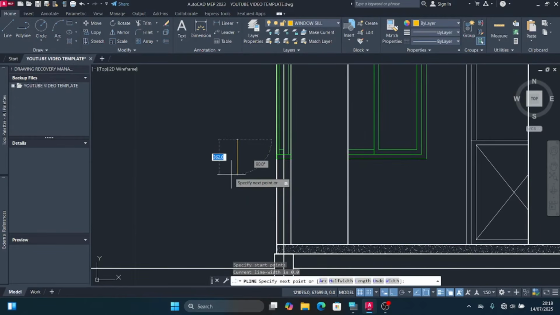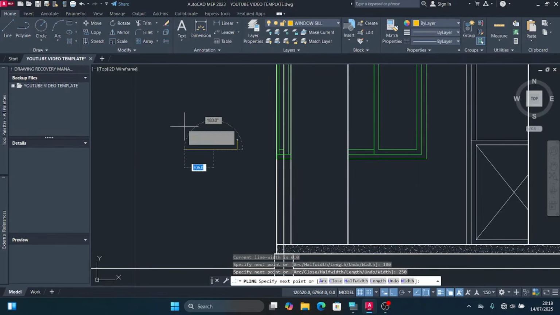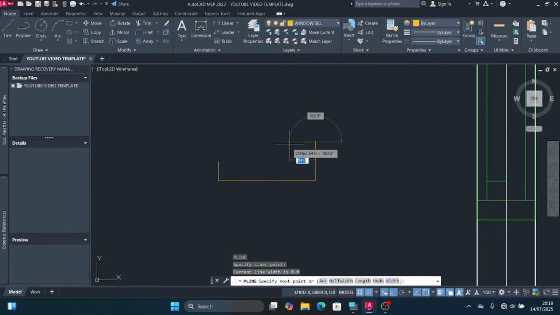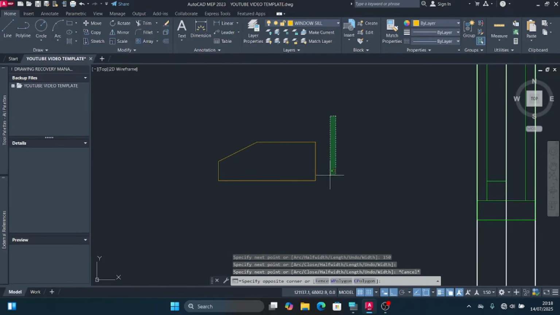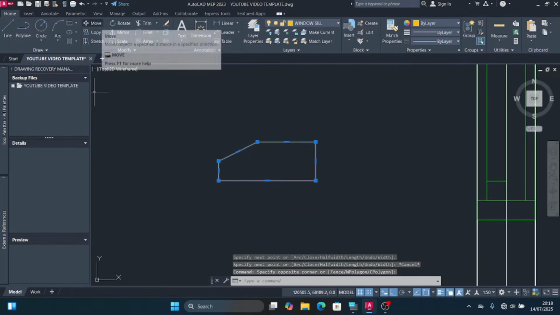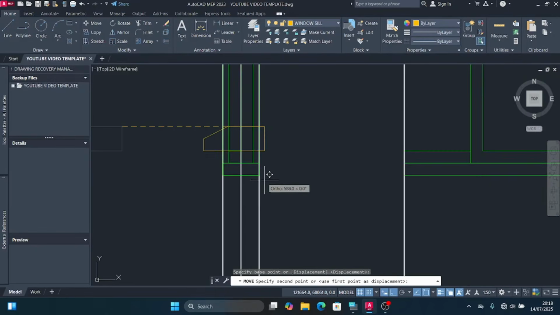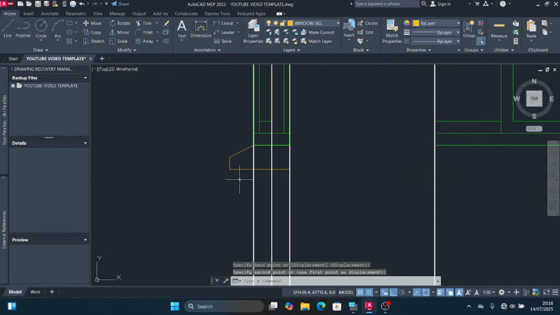then I'll put in 100, hit enter, then I'll put in 250, hit enter, then I'll put in 50, hit enter, press escape, hit enter still, then I'll put in 150, then I'll just close it up here. Select each and everything, click at the move command, click at this point, then transfer it over here. Alright, so select it,